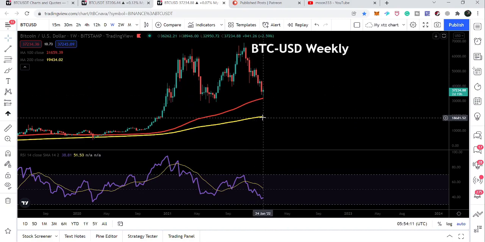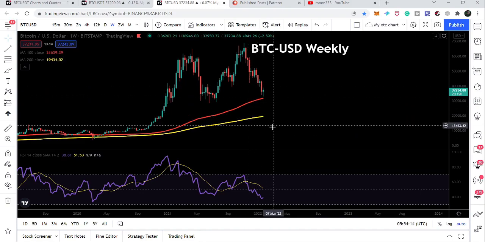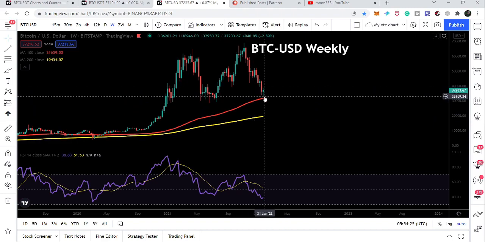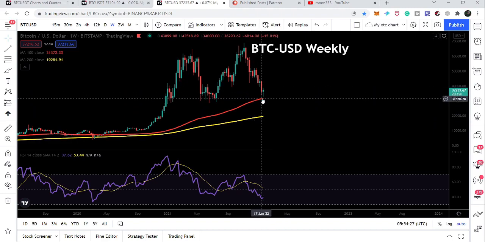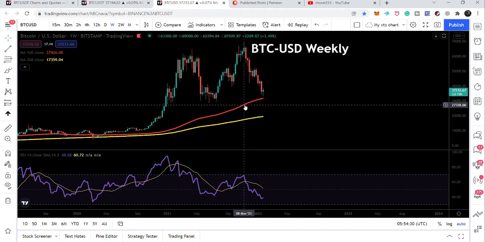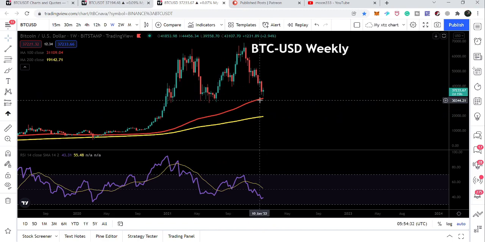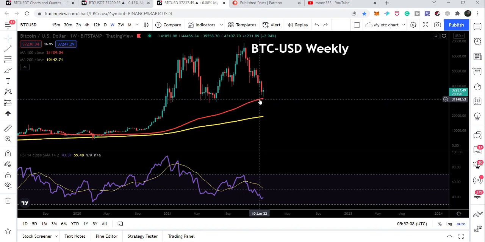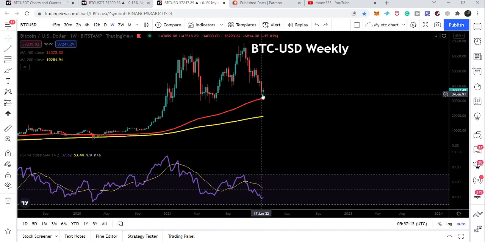And below the 100 simple moving average, we have a very strong support, the 200 simple moving average moving to the upside. Right now it is at $19,434. I'm not expecting that we are going to test this. I'm expecting that we can have a reversal move from here. You can see the 100 simple moving average is aggressively moving up. It is not necessary that the price line moves down. It is also possible that the 100 simple moving average moves up, like it is moving up at this time, and provides support to the price line.